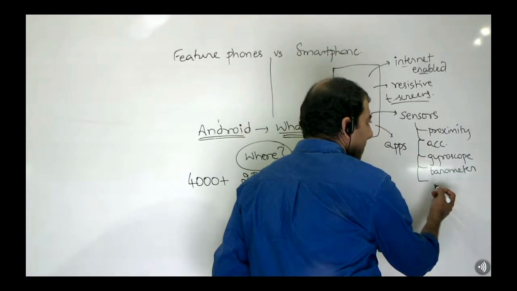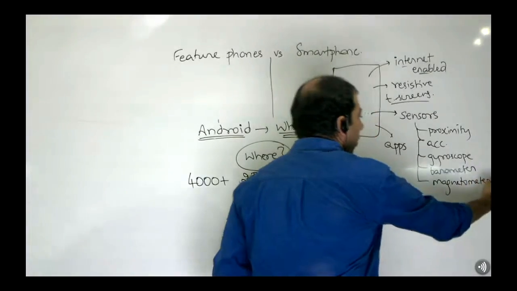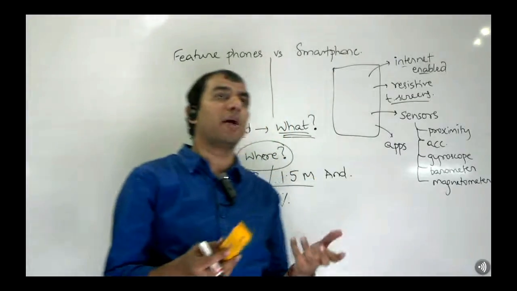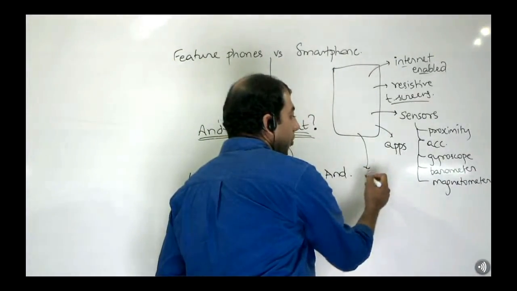Then what else? You have magnetometers. It is unbelievable how much you can literally embed into a small device. Photo sensors, obviously CCDs and whatnot,